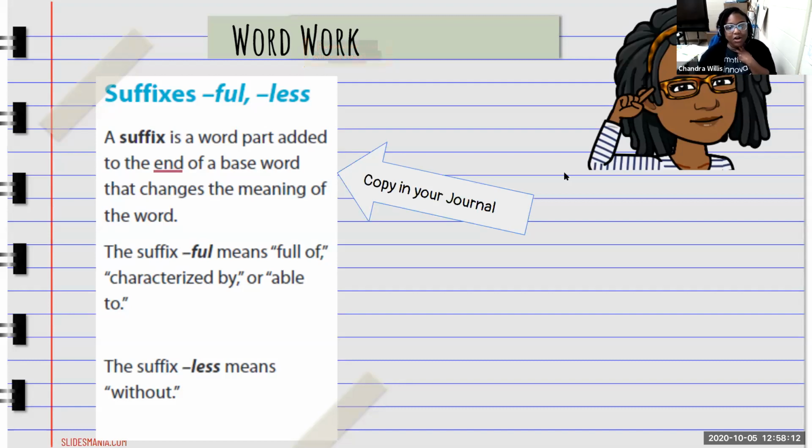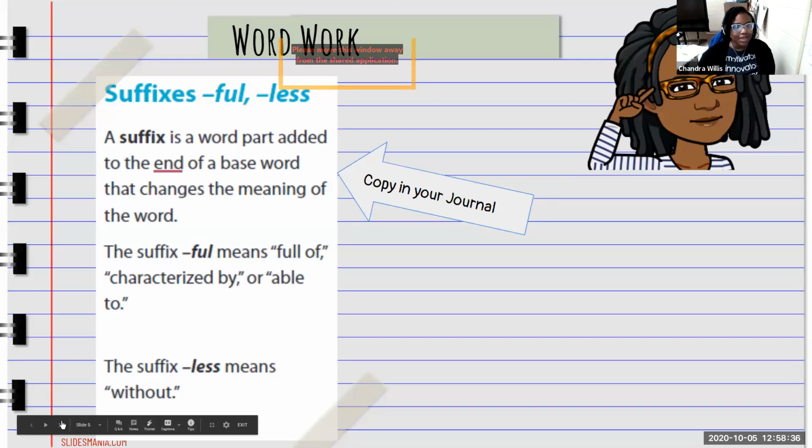It means harmless. Yes, that means you are without harm. That is a very great answer. Homeless, you're without a home. Helpless, you're without help. You don't know what to do. These are very good answers. See, timeless, hopeless. You have encountered these words already. You just didn't know that that's a suffix at the end. I am so proud you guys knew that.